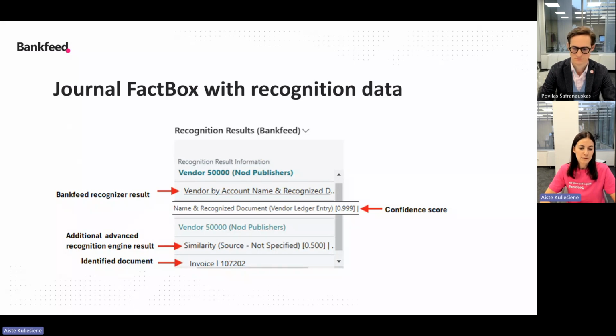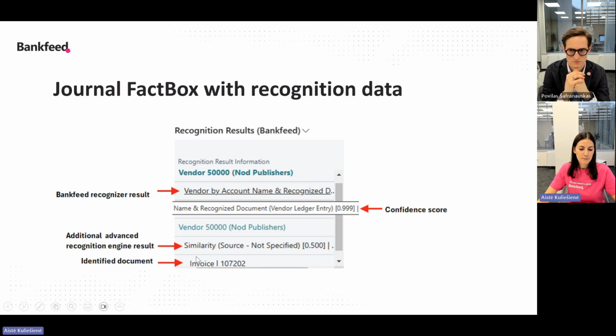How can we identify which recognizer result it is? If we see in the recognition type line, for example, recognized vendor by account name and recognized document, or text to account mapping, this is the usual recognition type for us. So we know that this result comes from Bankfeed Recognizer.